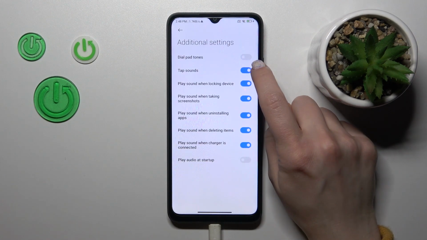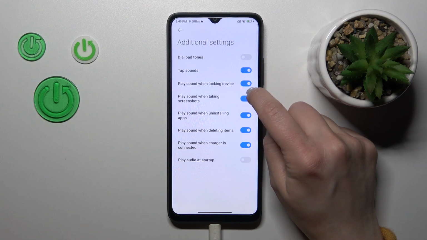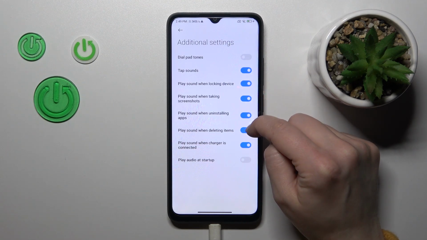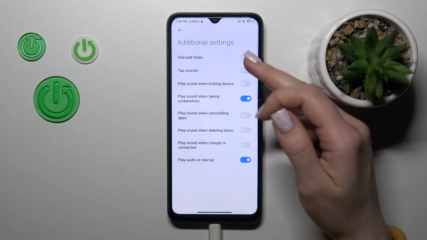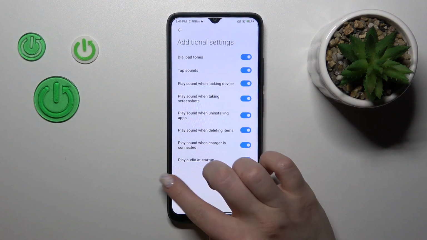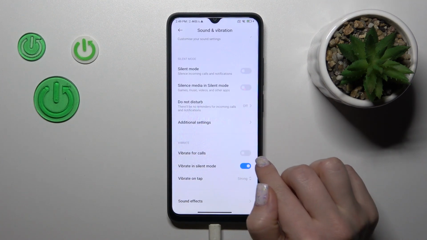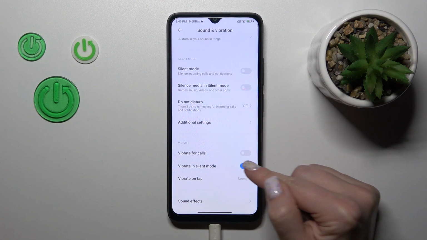we'll see here the dial pad sounds, tap sounds, lock and unlock sounds, screenshot, uninstalling sounds, deletion items, charging sounds and startup sounds. So to turn on and turn off all of these options we should use the switchers. Let's go back. If you want to activate or turn off the vibration focus or to use vibration in silent mode,